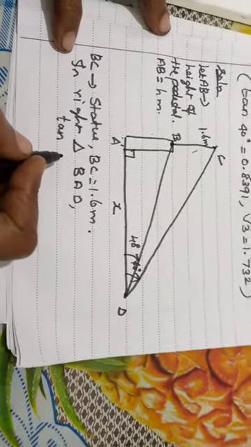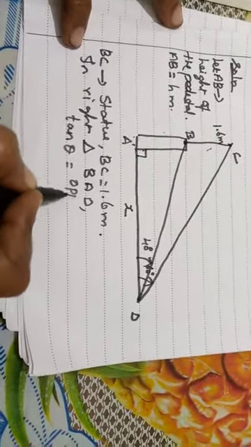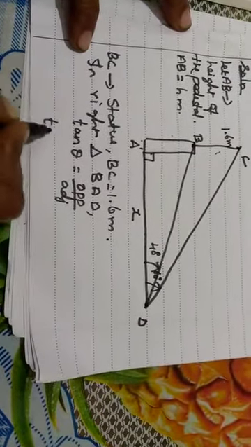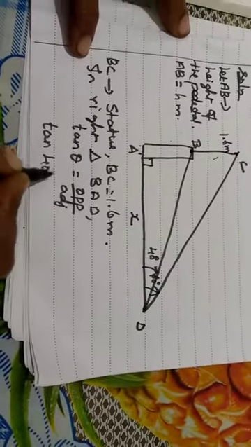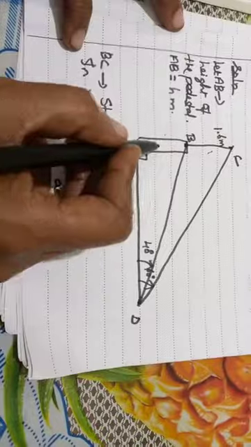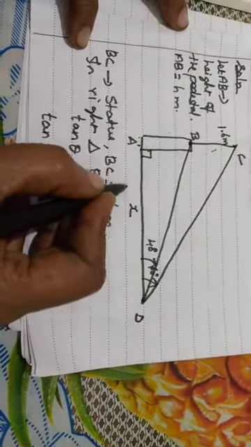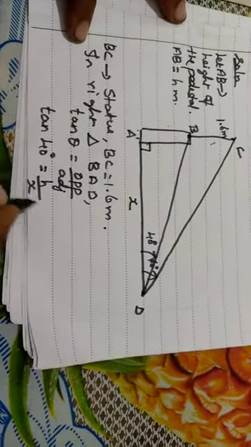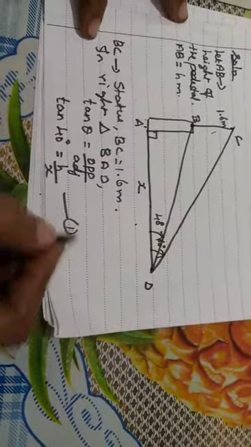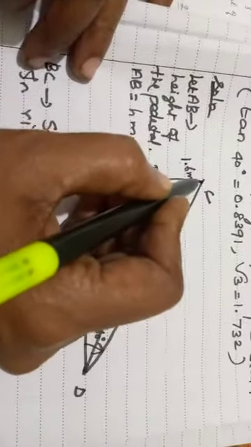Tan theta is equal to opposite by adjacent. Formula, right? So here tan 40 is equal to opposite side, we have to find out, that we have taken h, no? h by adjacent is AD, that is X. Okay. It is equation number 1. Next we are going to use the right triangle